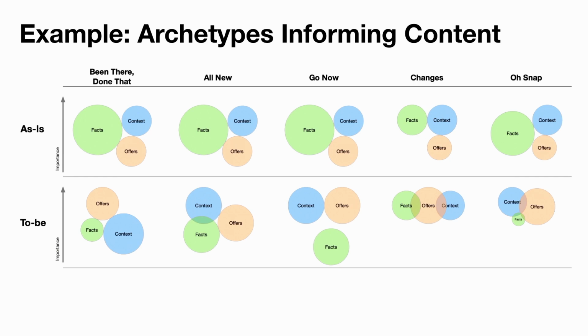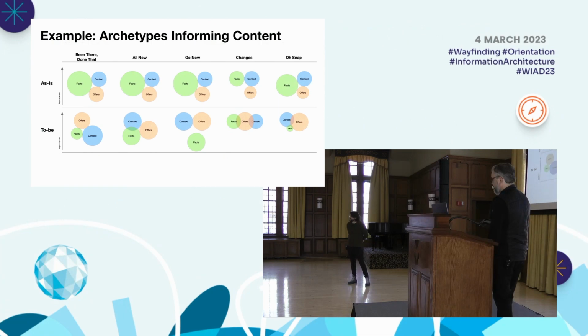content. And based on the understanding that was developed around these different kinds of posture, kind of the people that would come with these different postures, a strategy was able to be formed around the kinds of content that would best serve them. And so you could start to see the delta of, when a been there, done that archetype steps in, and someone's just trying to do the same thing that they've always done. Right now, we give them a lot of context and not a lot of facts. They don't need the context. They need the facts. They're there for the thing that they forgot. And so we're gonna switch that.